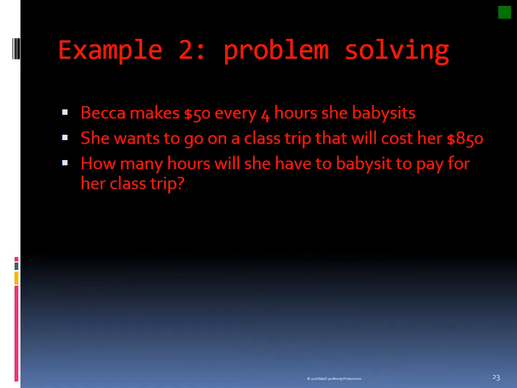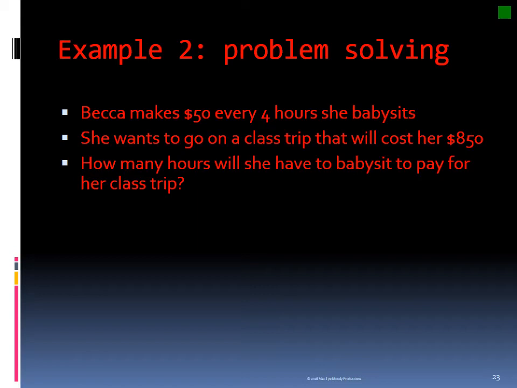Let's look at another problem. Becca makes $50 every 4 hours she babysits. So she wants to go on a class trip, and that will cost her $850. How many hours is she going to have to babysit in order to pay for her class trip with all babysitting money? We're not saying she's getting birthday money or money from other places. So we're going to assume that she wants to pay for the whole trip using babysitting money. So if she makes $50 every 4 hours, how many hours is she going to have to babysit to pay